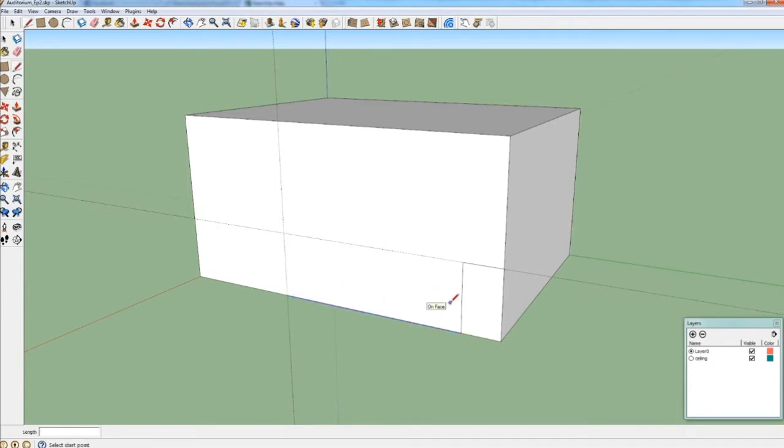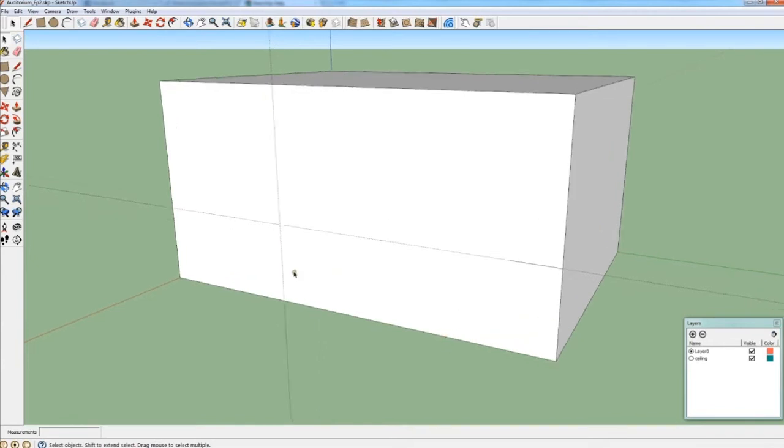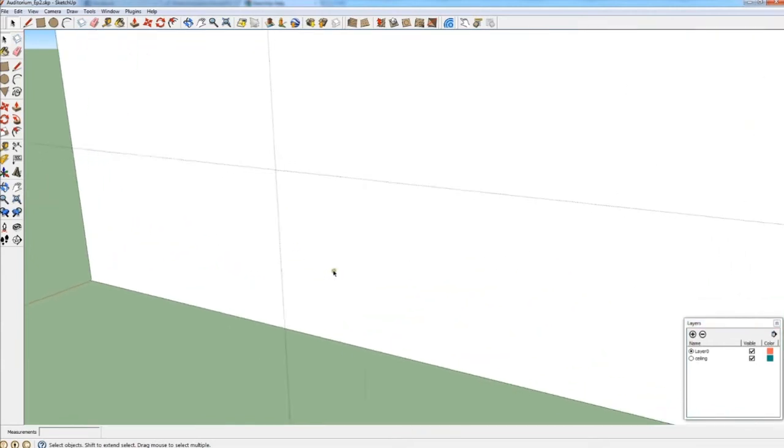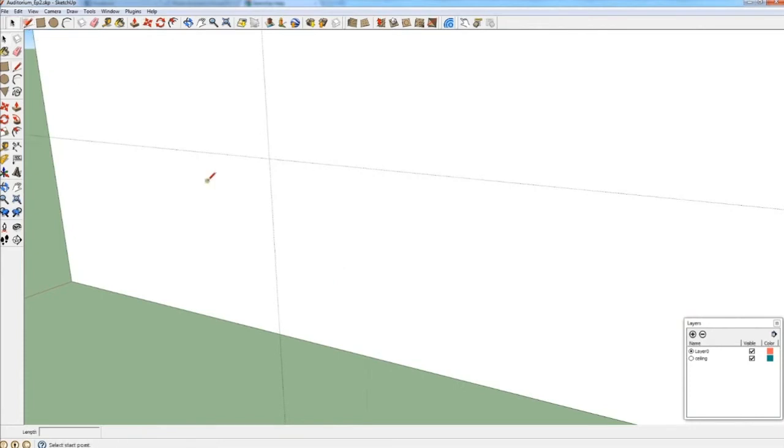So now I have specified the length and the height of each tread. I can delete the line, this one, and then I can zoom in and start drawing the first tread.